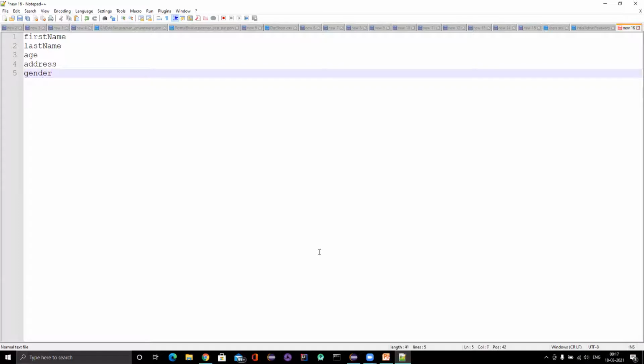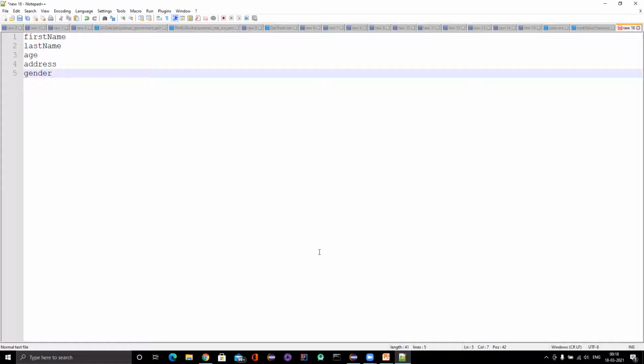I want to store all these five details of any student. Generally we can create an Excel sheet or a doc file and store it there, right? But in programming, we can use a format called JSON format or a JSON file where we can store these values in a simple way.